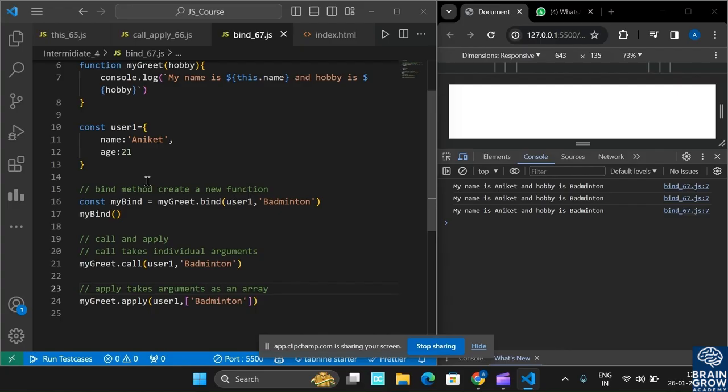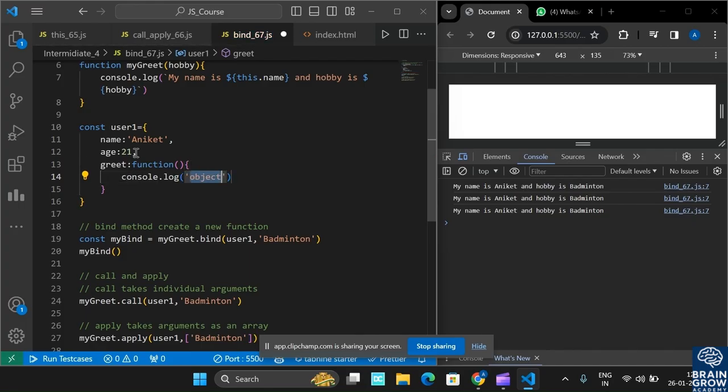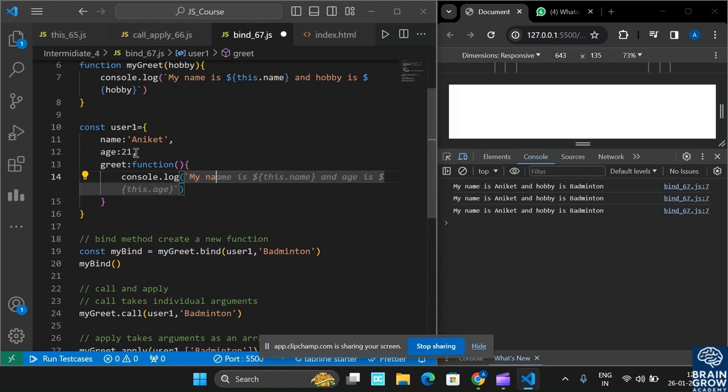So if we want to use a method inside that, like greet, and call an anonymous function, and after that console.log: here my name, and my age is this, and also pass an argument, and hobby is, and pass the hobby. Let us take hobby as a parameter,